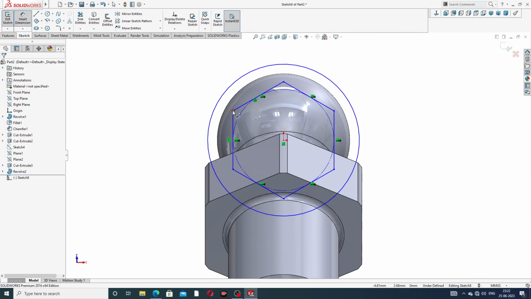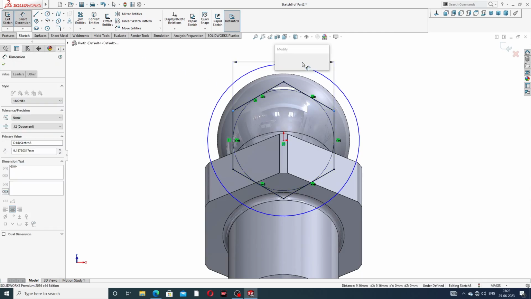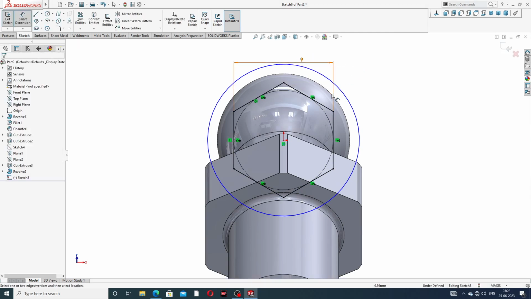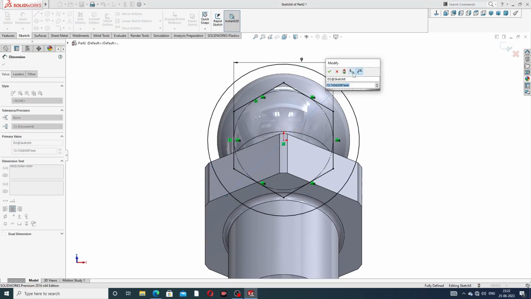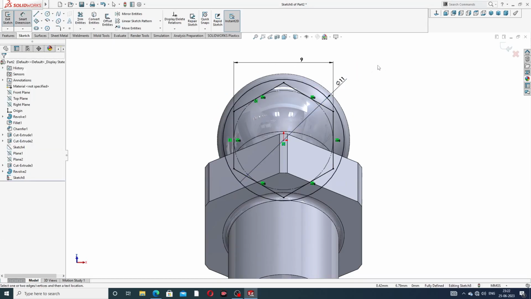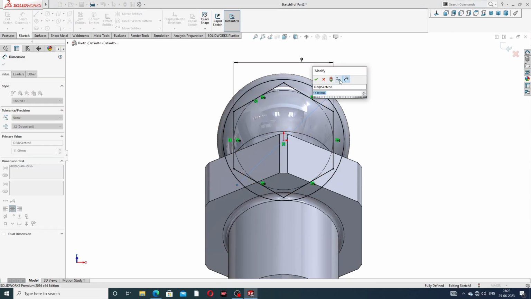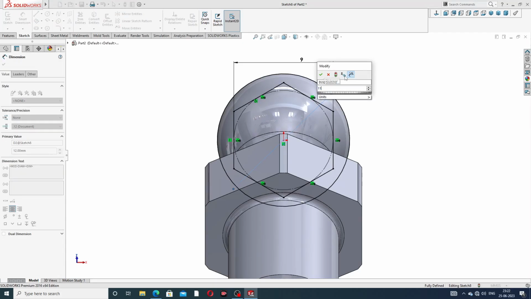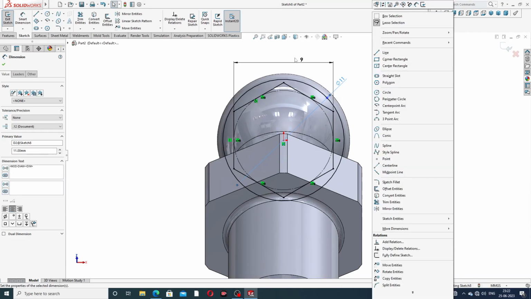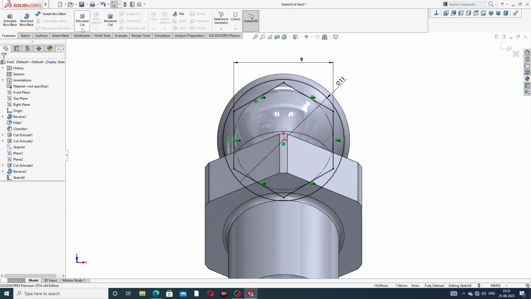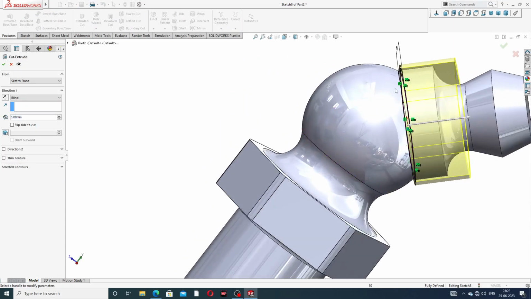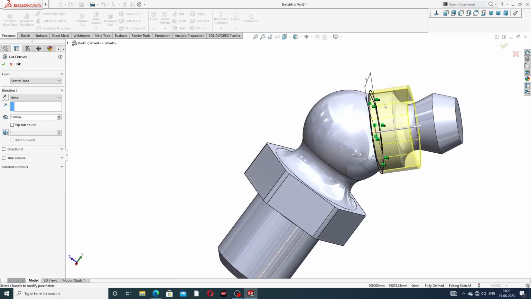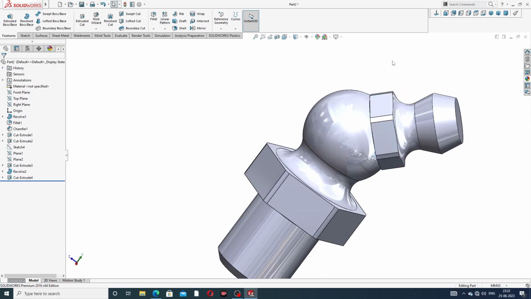and use 9 mm, that is perfect, and use 11 mm, that is perfect. Okay, and 12 mm is better. Okay, 11 is perfect. And use extrude cut. Extrude cut, use this and click OK. Okay, this is better